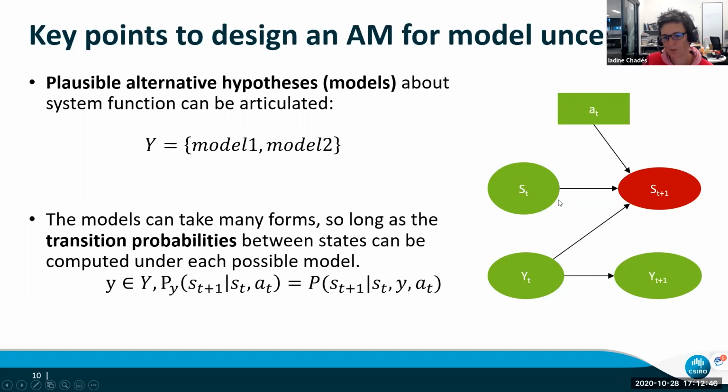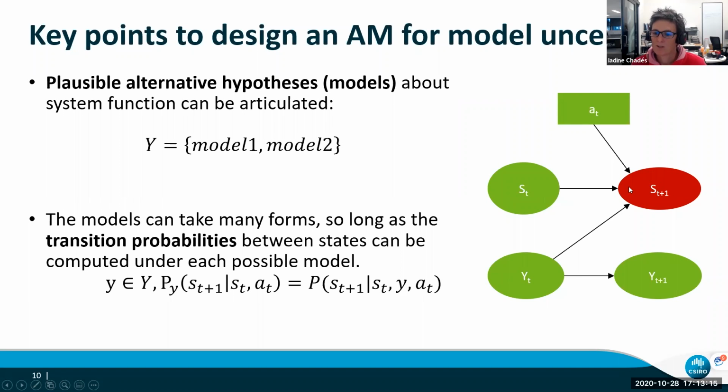That's our species of interest or population, and over time it evolves, and our action usually influences that S_t+1, and our objective is linked to, we usually want to maximize some kind of profit function, or if it's a conservation problem, we're trying to get our population as high as possible. So our issue is that we